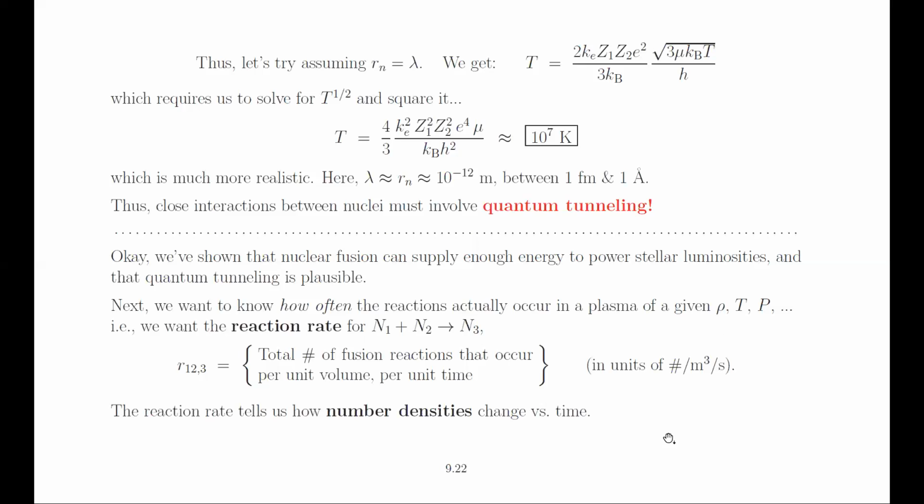So for example, if we have a nuclear reaction that takes species N1 and collides it together with species N2 and creates a new species N3, the reaction rate for that is often written as R12,3, just to show that it's 1 and 2 going into 3. And again, it's the same sort of units, number per unit volume per unit time. And this R ends up being, like it was before for atoms, the right-hand side in the equation that tells you how the number density changes as a function of